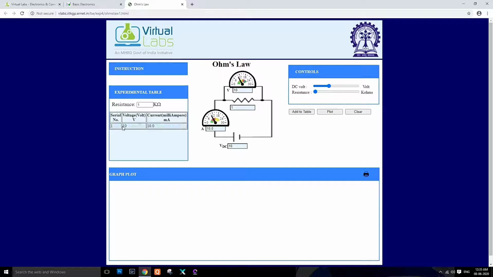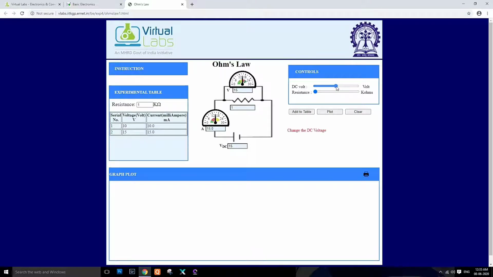You will get experimental data in your experimental table column. One experimental data is there. Then again vary the voltage to 15 volt. Then again add to table.